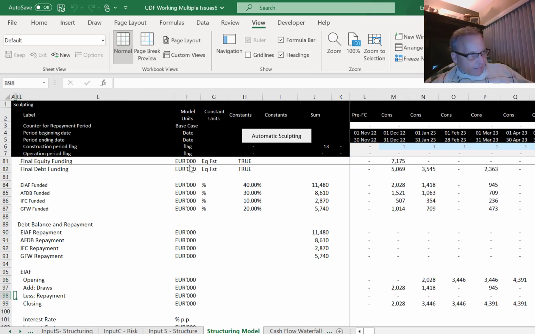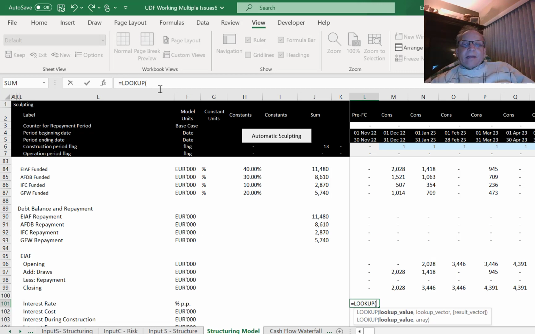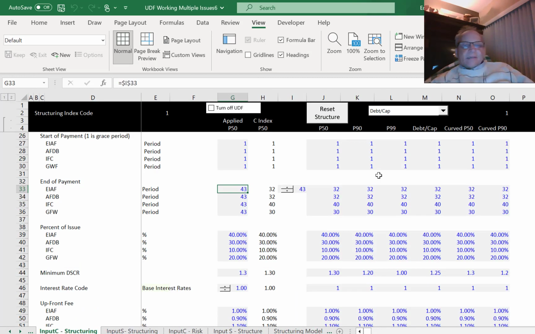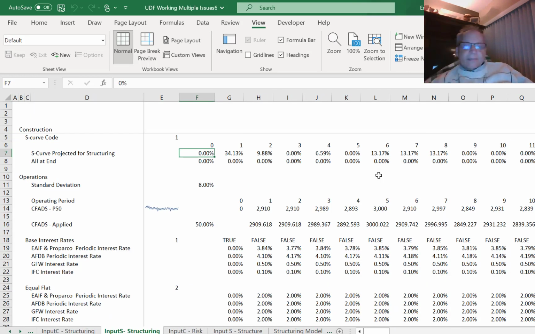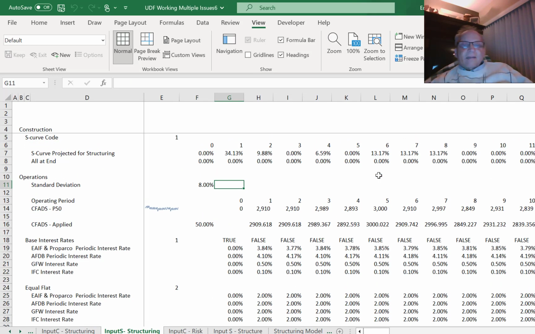Now, just to give you a warning, we're going to have some circular references, and the repayments won't match at first. Now for the interest rate, let's just use our lookup again. And how did I do this? Just a minute. How did I put the interest rate in? Okay, we put our final interest rate down here, and we just put